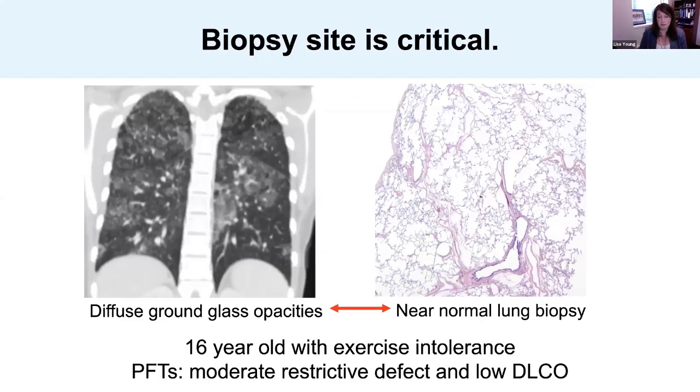This is a 16-year-old who had exercise intolerance. PFTs had a moderate restrictive defect and reduced diffusing capacity. And the chest CT here shows diffuse ground glass opacities. I saw her in consultation, sadly, when everyone was puzzled because there was this near normal lung biopsy that you're seeing here. And so the lesson of this is, how do you get from this CT scan to this lung biopsy? Well,